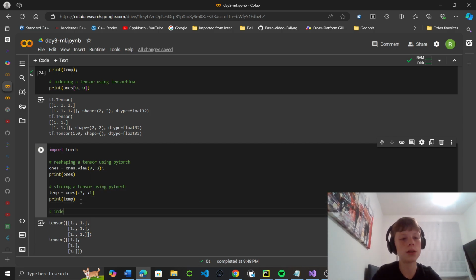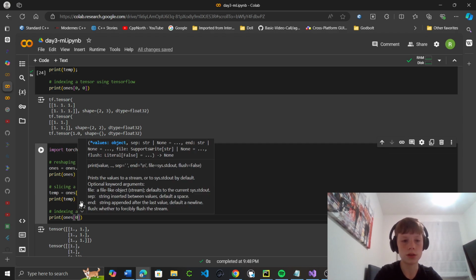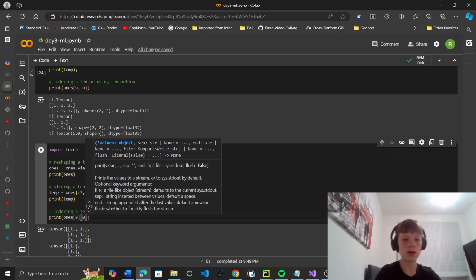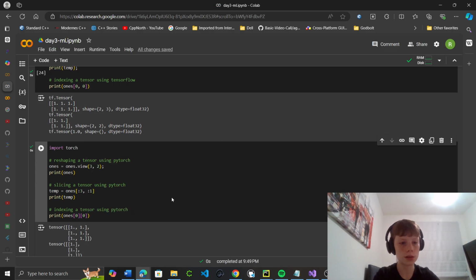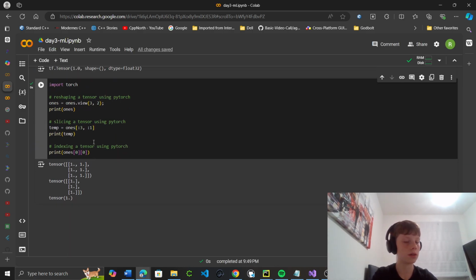And then hashtag indexing a tensor using PyTorch, which I'm just going to assume is the same. So print ones at 0, at 0. Is this the same? And it is. Okay. So, well, I mean, I'm just going to do the first